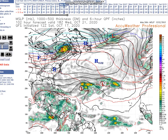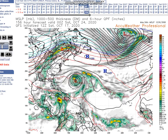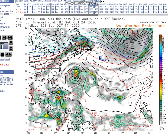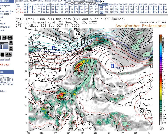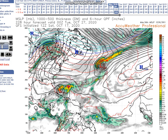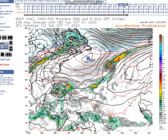And we have to watch down by the Yucatan. See a low developing right here, starting to get its act together late in the next weekend. Then we have a low developing near Cuba. And then, now this is different from yesterday. It was shown to come up along the East Coast. Now it kind of tracks northwestward